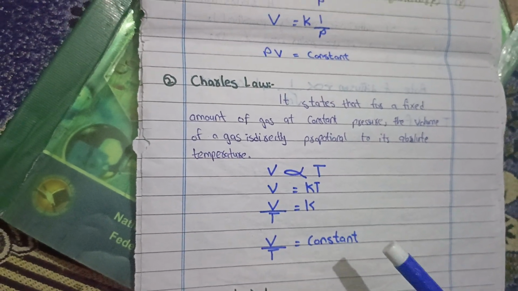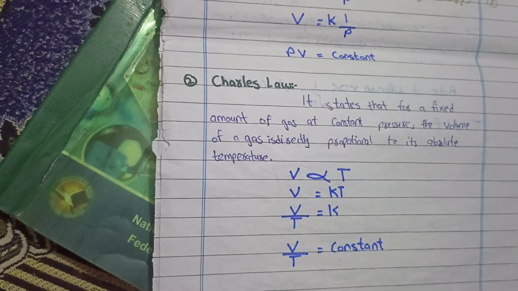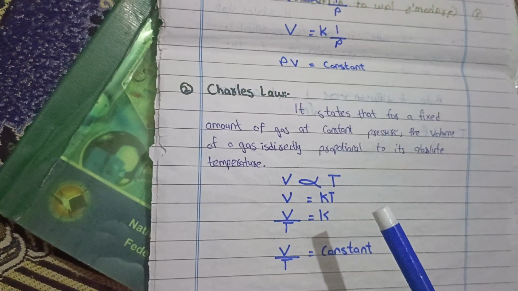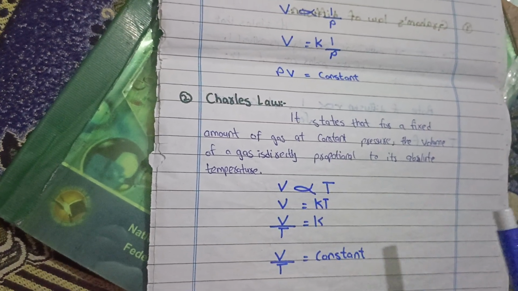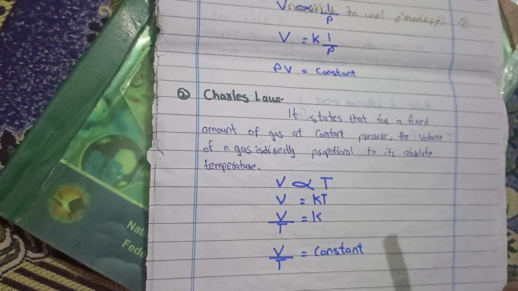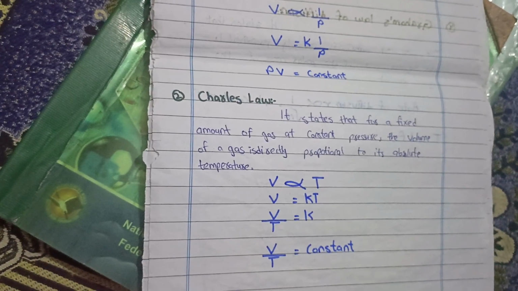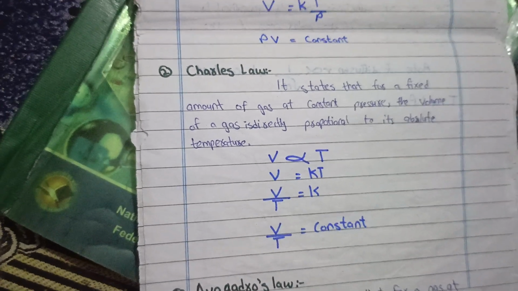Now move towards its derivation, and this derivation states that volume is directly proportional to temperature at a constant pressure. For your easiness, I am giving you an example of this. A balloon kept in sunlight expands because increasing temperature increases the volume of gas inside.